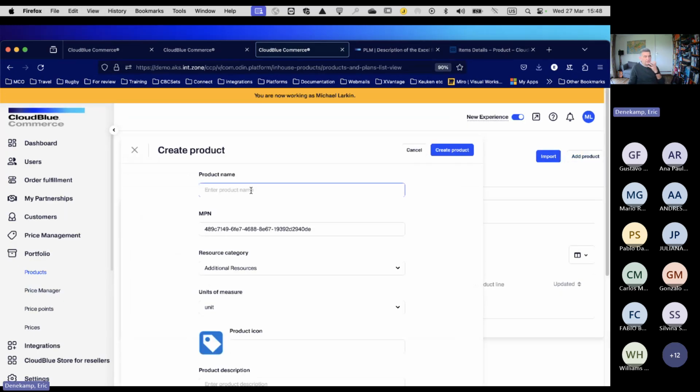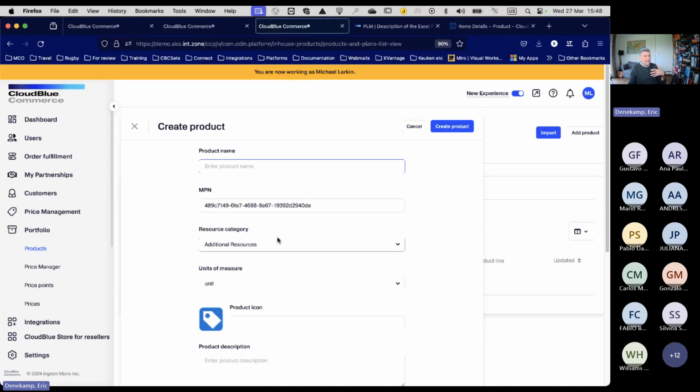If I add a product, it is something that is only available in this reseller, of course, and at this point it is only a manual provisionable scenario, just like we used to have in DummyGate. I can add it to resource categories straight away.